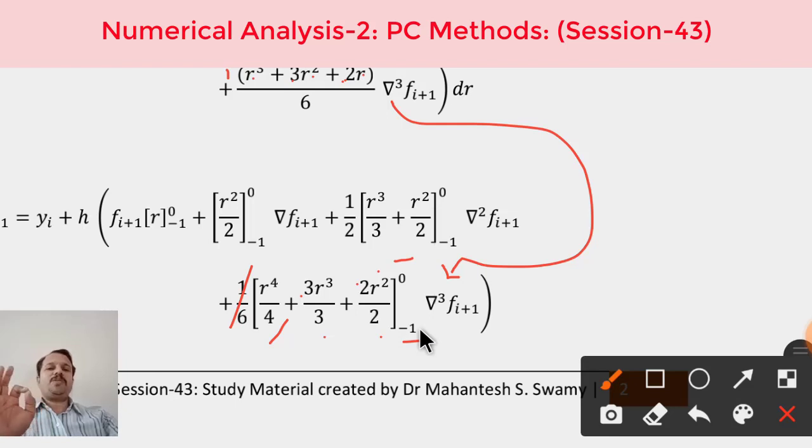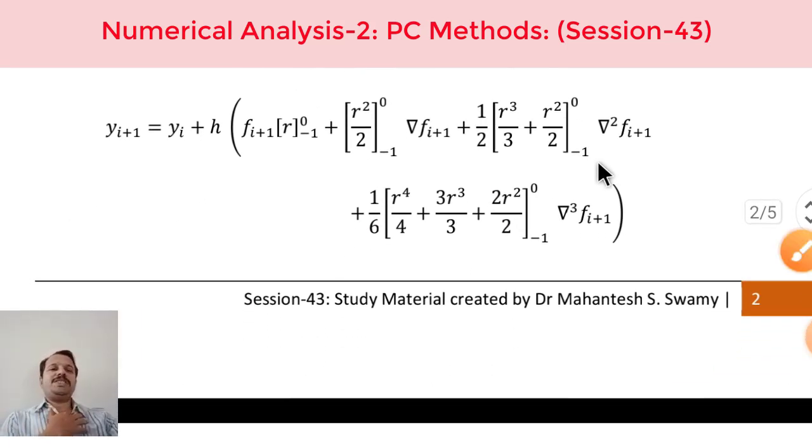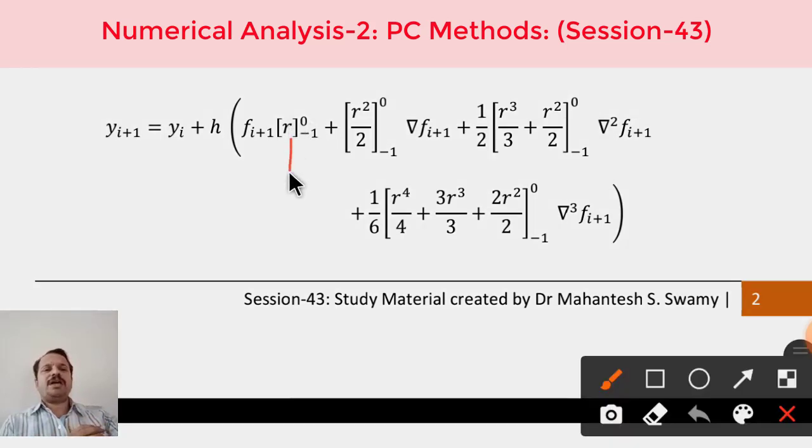So all the terms have been evaluated, that is, the integral of all the terms has been obtained. Now it is time to substitute the upper limit, 0. When we substitute 0, please observe every term is going to vanish. No term will be there in your hand. It will contribute nothing, because each term contains r. Here r is there, here both of the terms are with r, here all the three terms have r. Therefore, if you substitute 0 in place of r, every term will be 0.